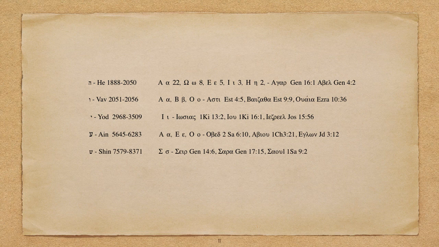Going back to our chart of the 5 letters, we see on the right the Greek equivalent letters of the Hebrew letters. He is a vowel and is translated into Greek as ah 22 times when the proper name in Hebrew begins with the He. Vav is pronounced in Greek sometimes as ah and other times va. The Yod is always pronounced as a vowel, e. The Ain is also a vowel and is pronounced o. And the Shin, a consonant, is pronounced sh.